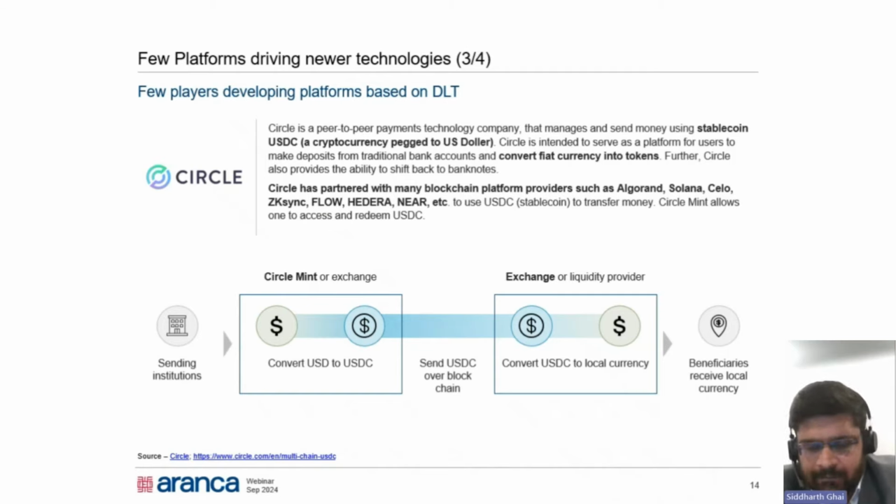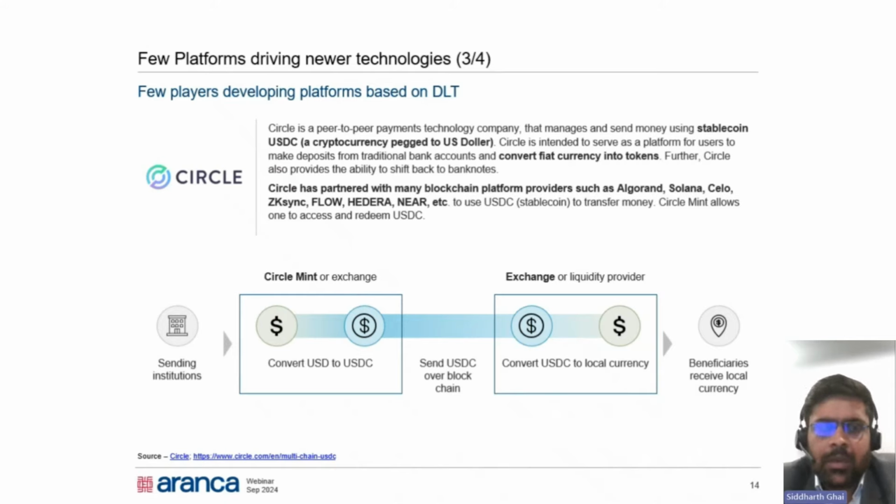So here it gives an option to choose from the blockchain providers, blockchain platforms, and it is giving you a cryptocurrency that is pegged to the US dollar as a token to do the transaction. So in all those platforms that I have been discussing, there are two things. One is you need a blockchain platform to do the transaction, and the other is you need a token to do the transaction. So token can be your choice, or blockchain can be your choice. But generally in Circle, the token is given by the platform, and you can choose from any of the blockchain